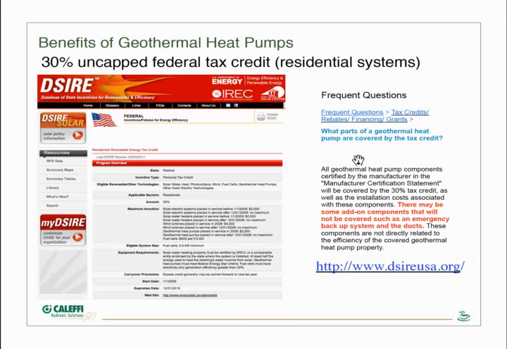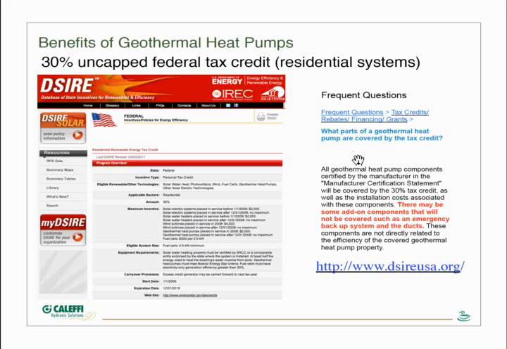But, for example, if it was a new house with a new radiant floor heating system installed as the distribution portion of the overall system, my speculation is that probably is not covered by the tax credit. Even though it is part of the system, it would also be part of a system if a boiler was being used or some other type of a hydronic heat source was being used. So I'll take the standard default and say consult your tax advisor on that. But still, that 30% uncapped federal tax credit is going to be an attractive incentive to go